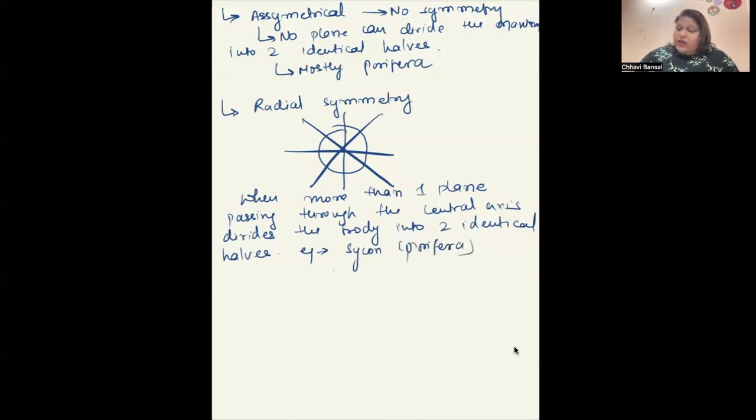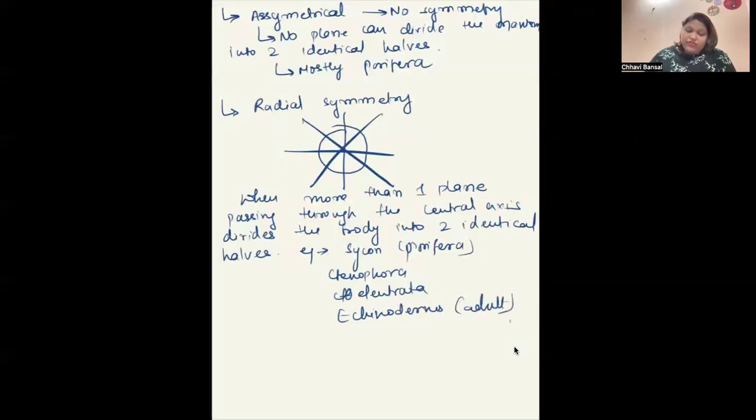Other than that, Ctenophora, Coelenterata. And there is a phylum called Echinodermata, right? Echinoderms, adult. In them, the radial symmetry is present. Okay, so what are the three phyla? Coelenterata, Ctenophora, and Echinoderms. In Echinoderms, it's the adult, and other than that, in Porifera, there is one exception called Sycon, which also has radial symmetry. Right? Third is